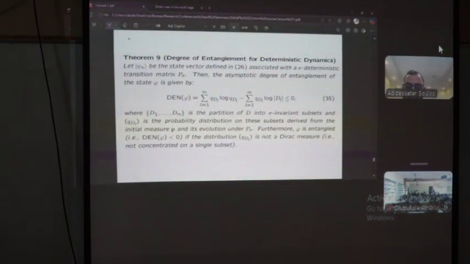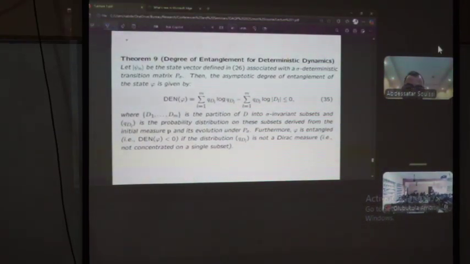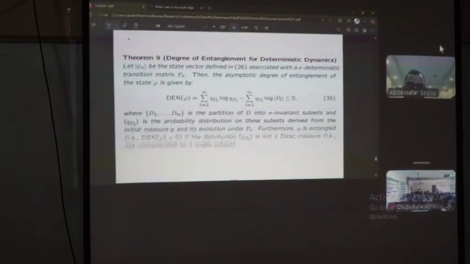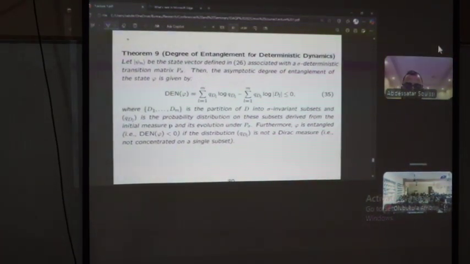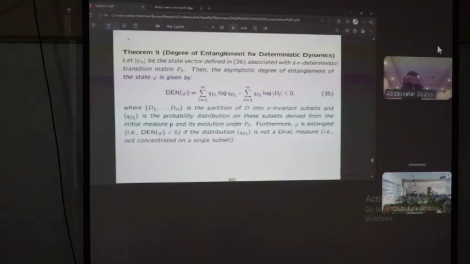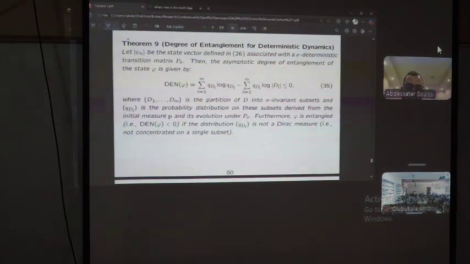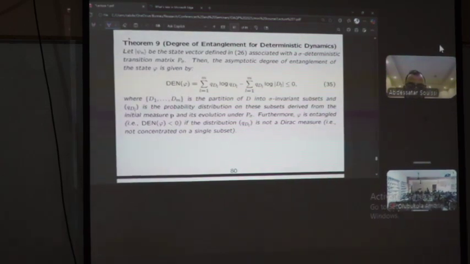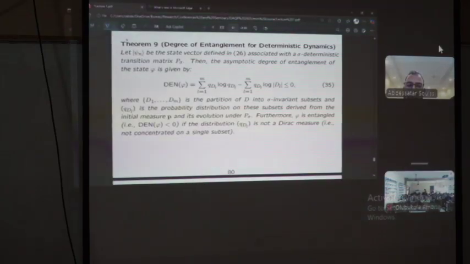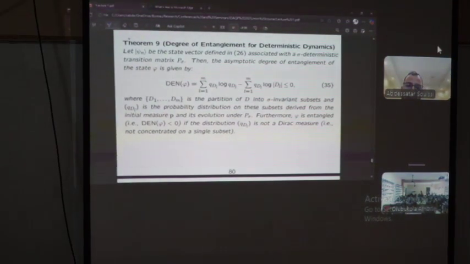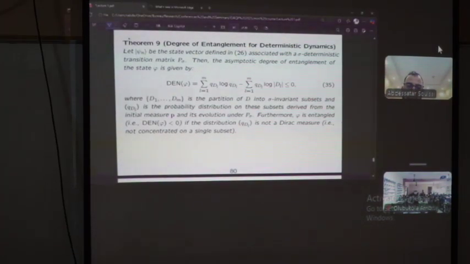If there is only one orbit, it's negative on R, and if there is more than one orbit, then it's strictly negative. And since it doesn't depend on n, as you can see, the degree of continuum of phi n is the same. Doesn't depend on n, therefore the limit also doesn't depend on n, and it's strictly negative. Therefore, this class of Markov chains is indeed continuum for the simple case, for which we have